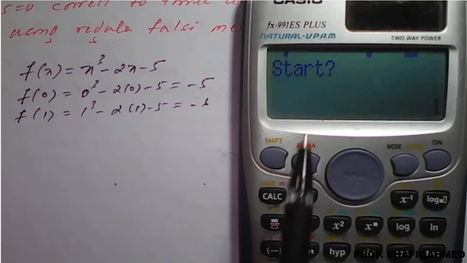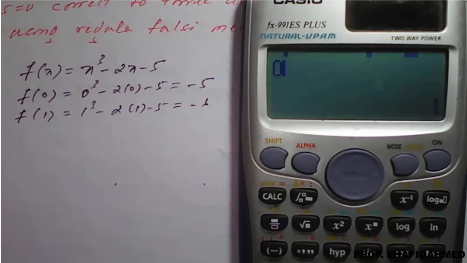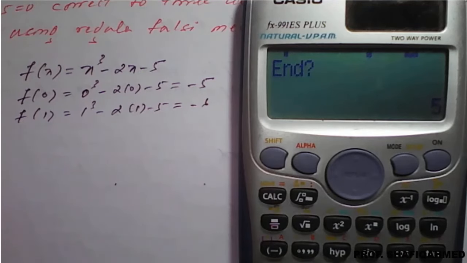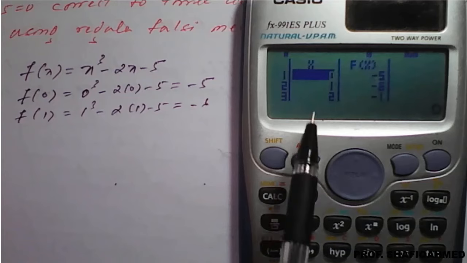Once you press equal to sign, it will ask the starting value. The starting value I had taken here, 0. So press 0. The end value is left to you. I will take 5 or 6, 7, you can take any value. Usually we will take 0 to 5 or 0 to 1. It is a trial and error method, so I have taken starting value 0 and I will take 5. Step size means after 0 which number we are using, 1. So the difference between 0 and 1 is 1. After 1 we are taking 2, so the difference between 2 and 1 is 1. So step size is 1. So you can find the result here.